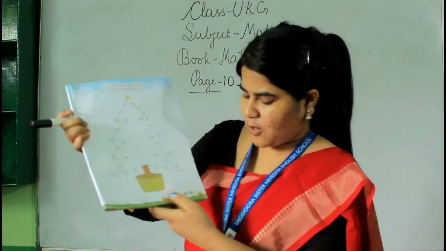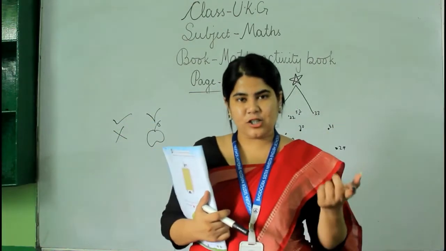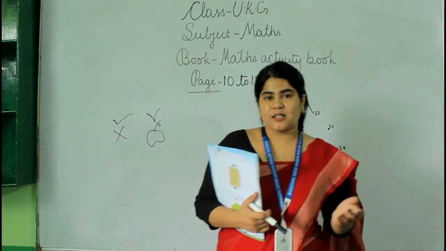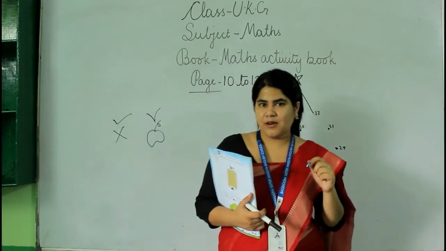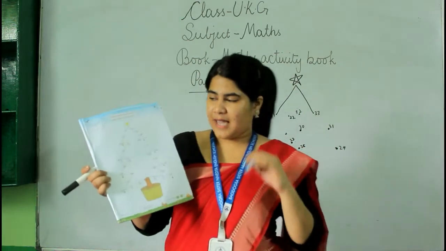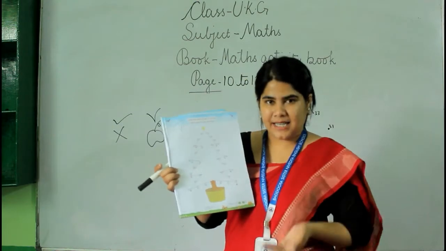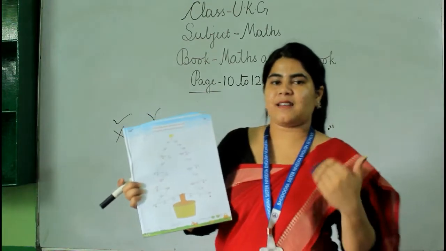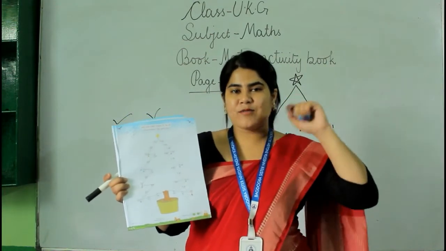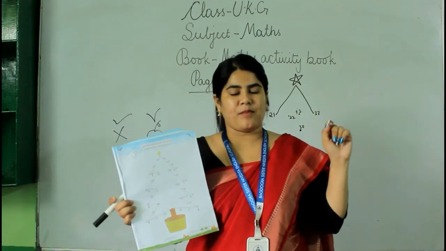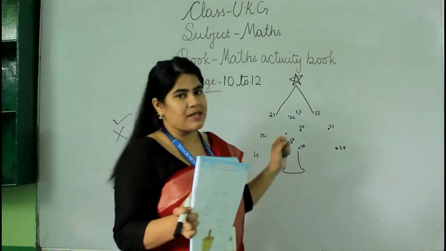So now let's move on to page number 11. Here we have already done in English also, and in the previous classes also, to join the numbers, to join the dots. Do you remember all this? Okay. If yes, then similarly we have to do this also. The picture is incomplete. Here you can see there is one picture given, but it is incomplete. You have to complete it with the help of joining the dots, and the numbers are given to make it easier.